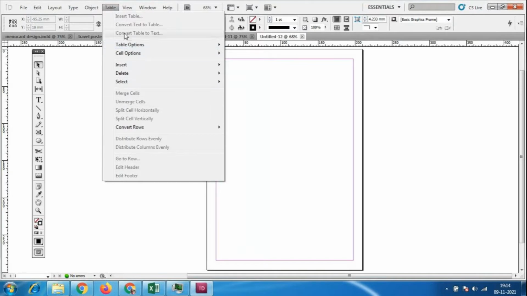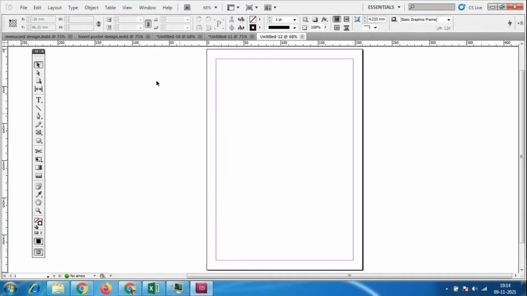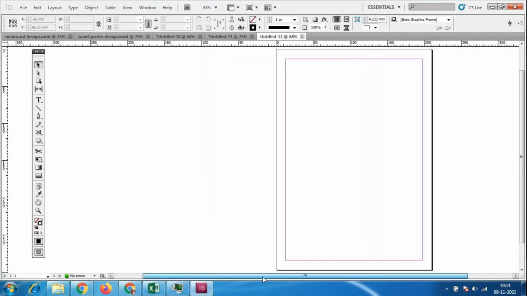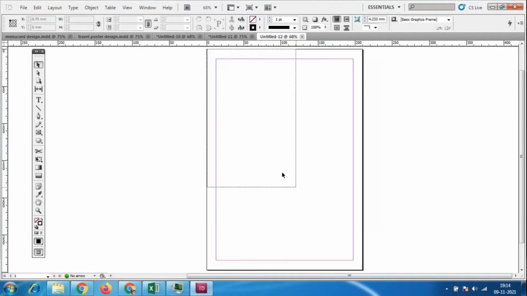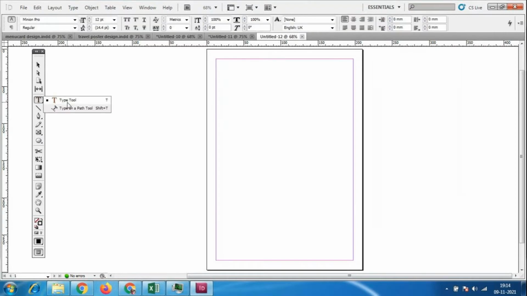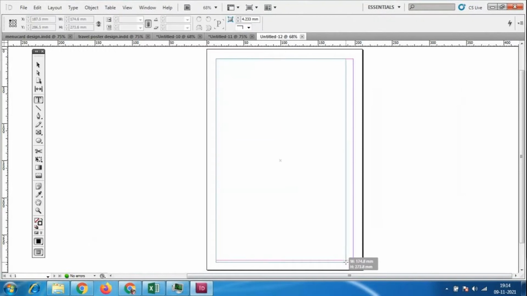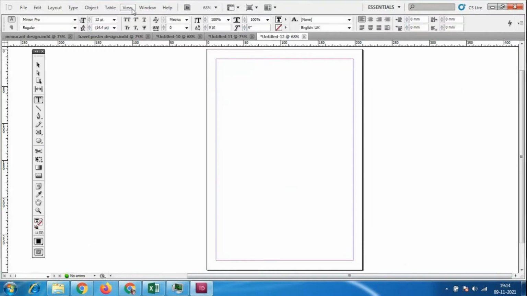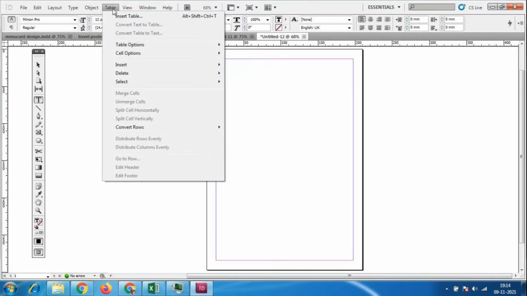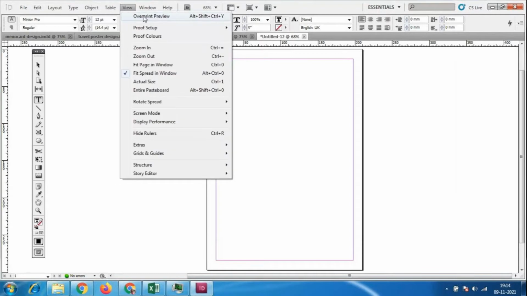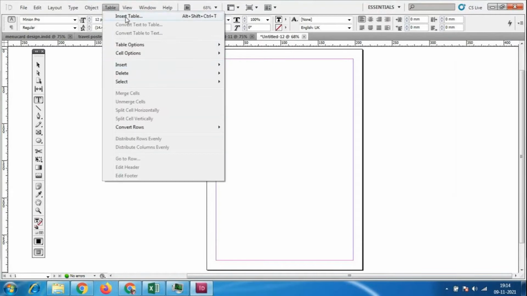They are not reflecting because we have not taken the box here. This is just a work area, an empty page, there is no frame for this. So what we have to do is take the text box. We have to go to the type tool and I will make a type box here. Look here, whenever I use this table menu, at least some of the options are reflecting; the Insert Table option is now reflecting.